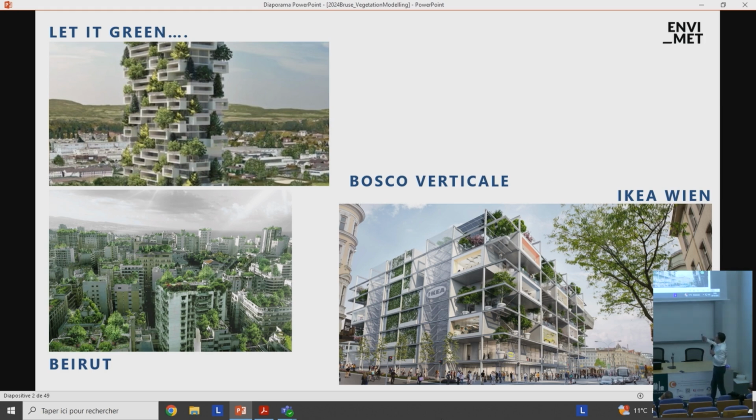So you all know these pictures. I have just taken some of them. There are thousands of them. So the integration of vegetation in the architectural context, in the urban context, is really up to date. That's a hot thing, I would call that. Everyone needs to do that. It doesn't matter if it's rooftop greening, facade greening, or trees in between the buildings. But still, we're always thinking about vegetation as something to be placed as an item, like a rooftop insulation. But that's not really true, because